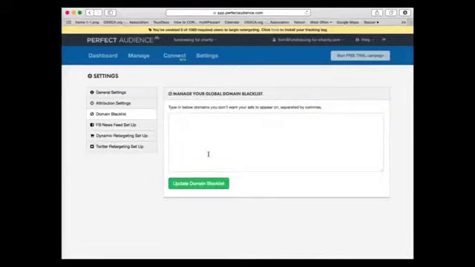Unfortunately, Perfect Audience does not give you the option or the power to control where your ads get placed on a specific website. Now, just to keep things in perspective, what that means is that you could be spending money on ads, paying for impressions for ads on websites below the fold that no one is ever seeing. And certainly that is not the most cost-effective way to retarget your visitors.